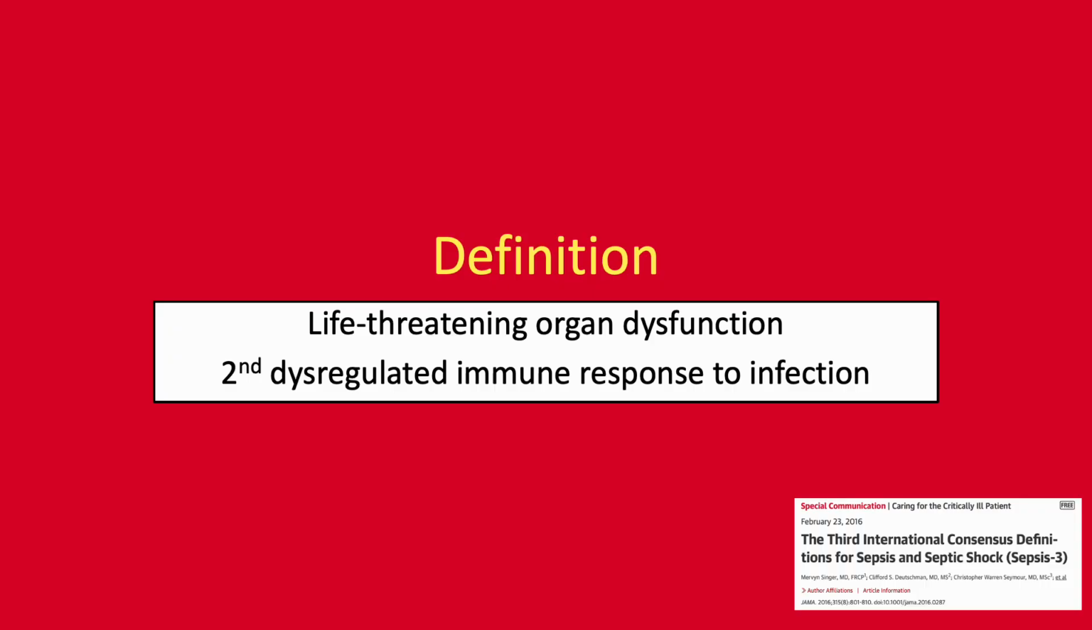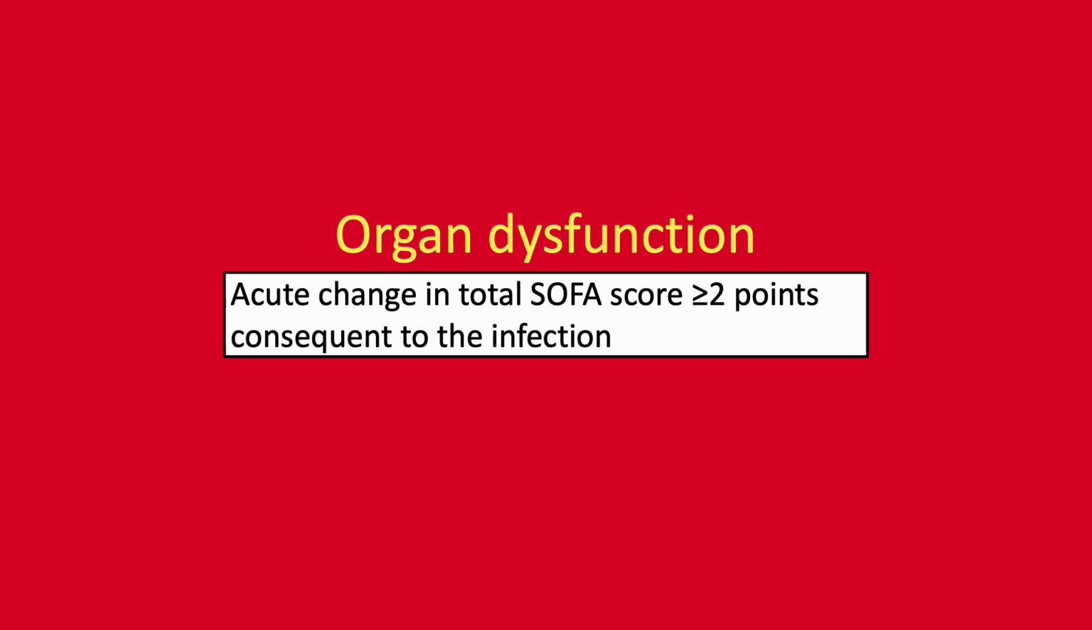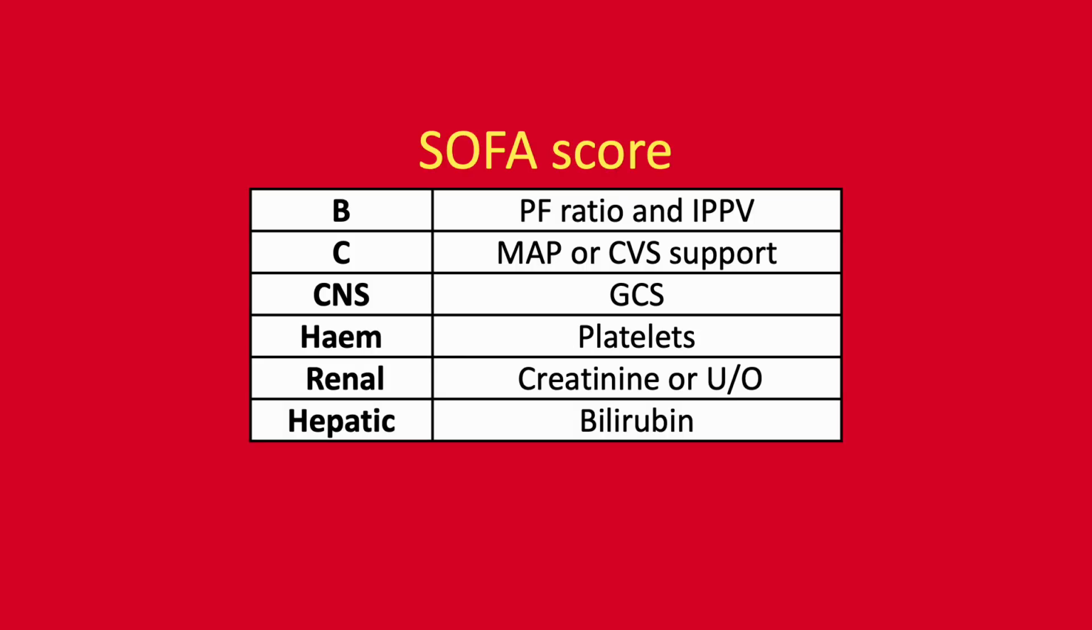The definition of sepsis as per Sepsis-3 relates to life-threatening organ dysfunction secondary to a dysregulated immune response to infection. Organ dysfunction is defined as an acute change in SOFA score of at least 2 or more points secondary to infection. The SOFA score, or Sequential Organ Failure Assessment score, is made up of 6 different components, each